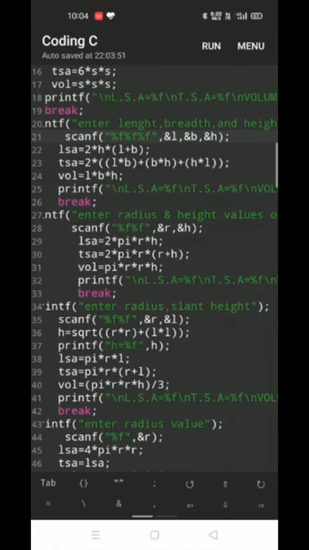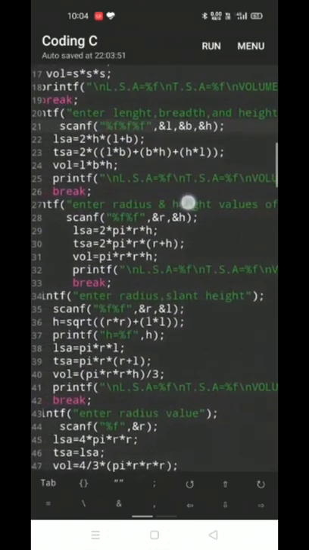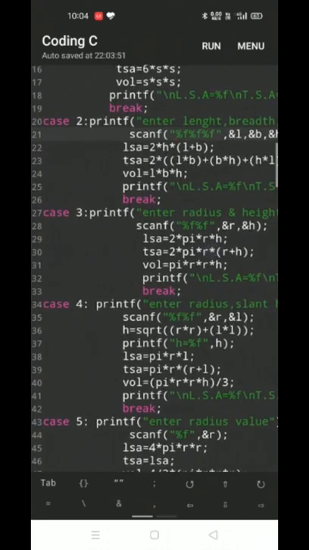We are printing all these LSA, TSA and volume in the printf statement, followed by break, which represents the end of case 2.